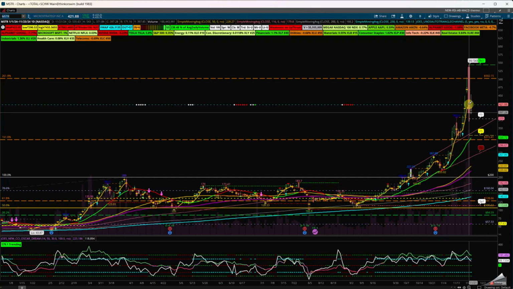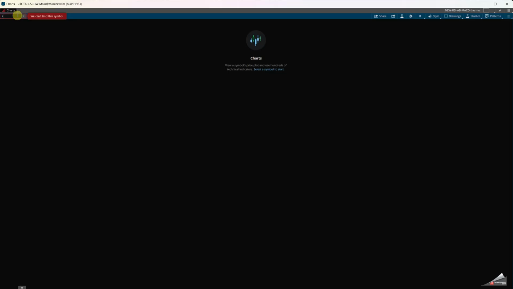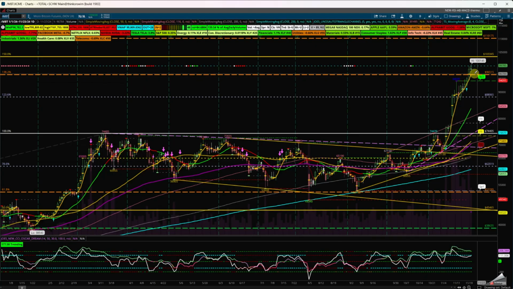If you have money and profit out of it, be careful of that 38.2 fib or the 50. If you brought it down here like we did earlier, that's fine. I got rid of it around here. I did not expect it to keep going that high. So that's one. And let's go to MicroBT, which is Bitcoin. I wanted to show this. It depends which instrument you're using. If you're using GBTC, the ETF, BTC, the Bitcoin, or Ethereum, you can see that Bitcoin hit over $100,000.